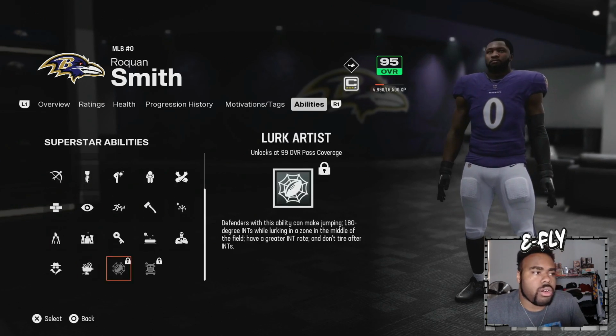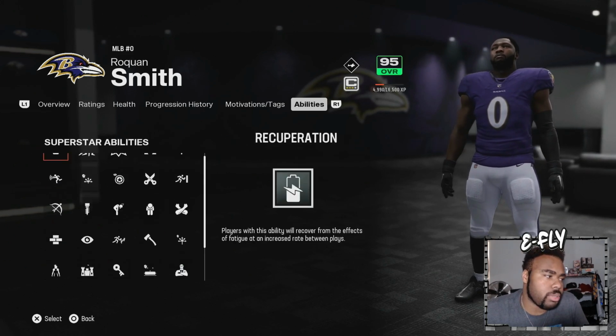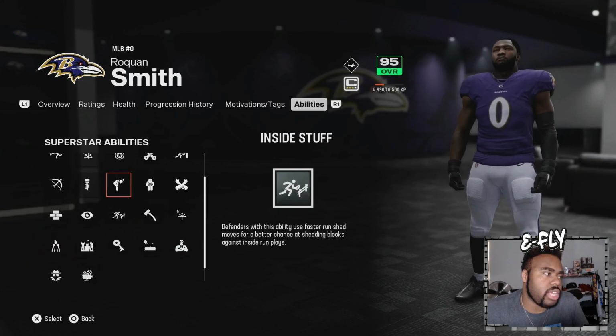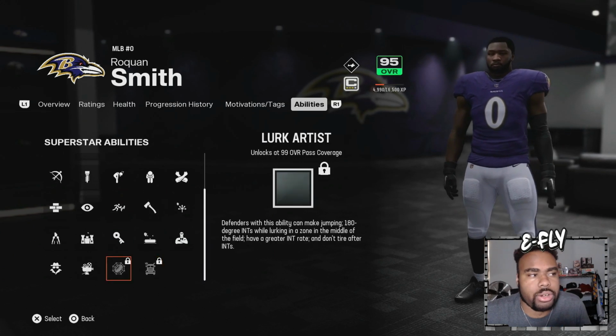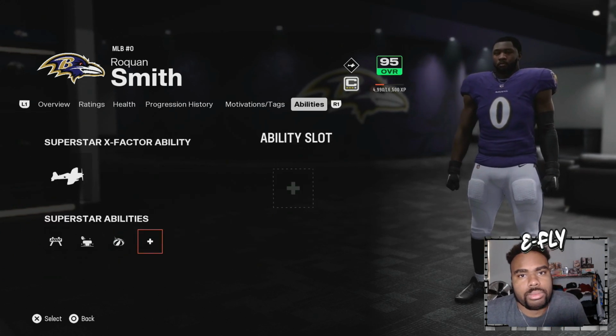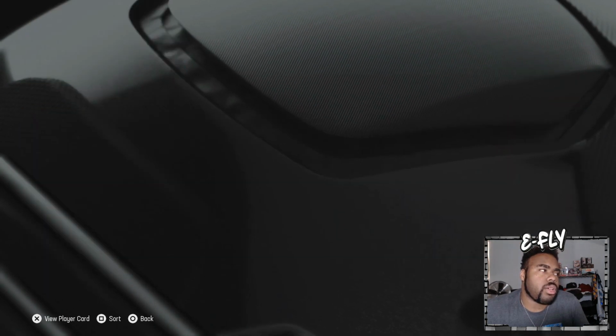But yeah, Lurk Artist, Enforcer Supreme. That's just going to be nasty comps. And it's only here in this 4th slot, so you cannot put these two together. You have to choose one. So before y'all start getting y'all little devious minds, you can't do that. Now,